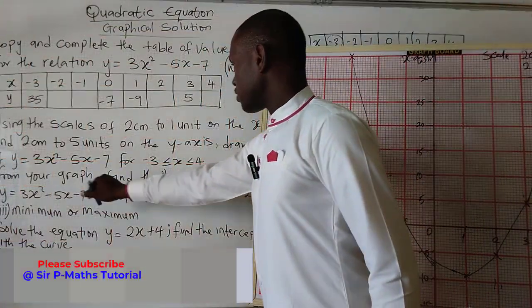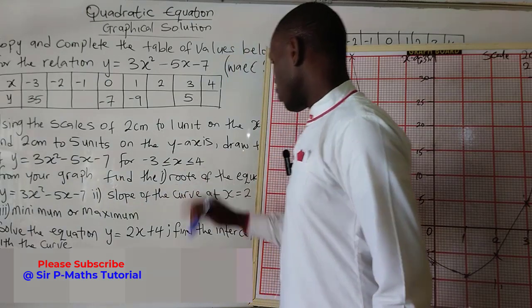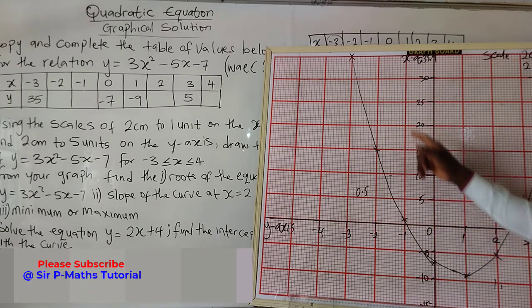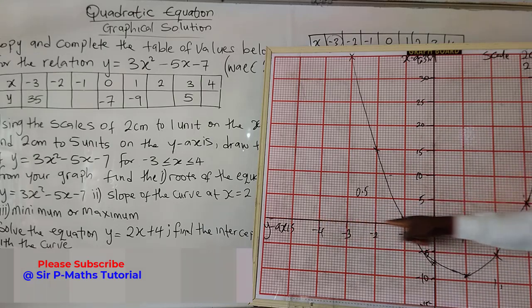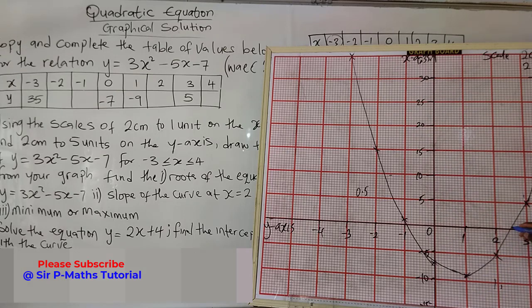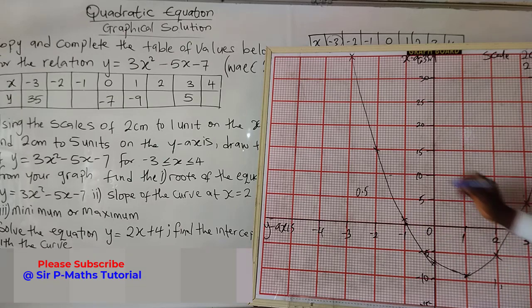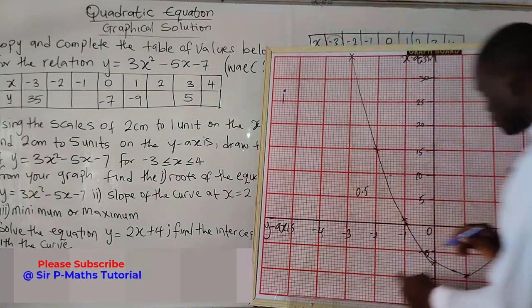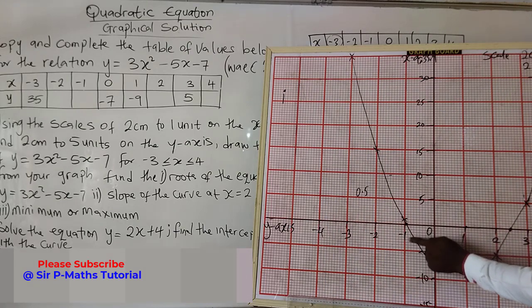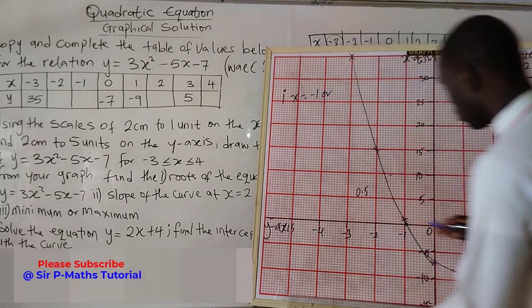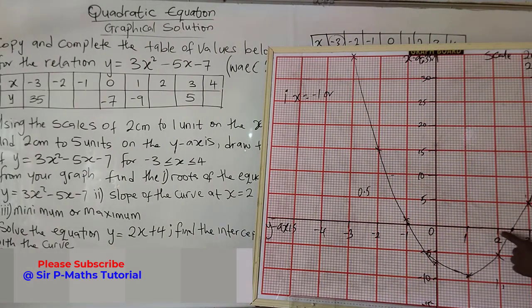Now the next question says, from your graph, determine the roots of the quadratic equation. To determine the roots of a quadratic equation, go to your curve and find where the curve touches the x-axis. This is my x-axis. The curve passed through the x-axis in 2 places, this position and this position, all right? So to get the roots of the equation, I'll take the value here. This is at -1. So x is equal to either -1 or, at this point, let's get the